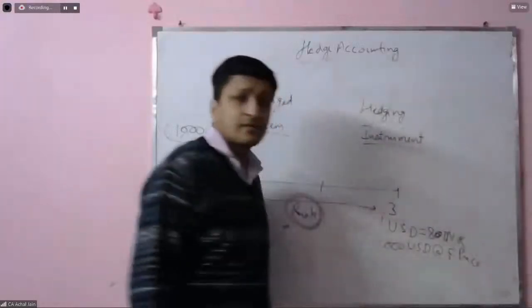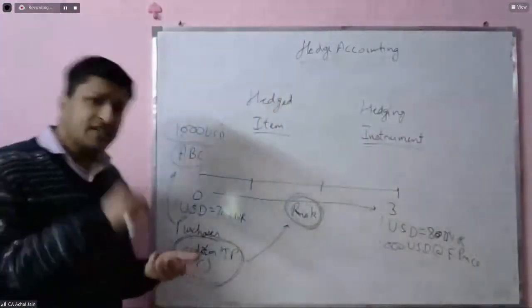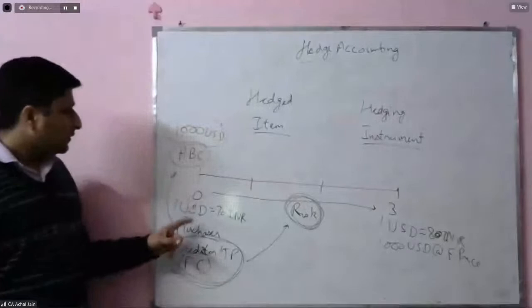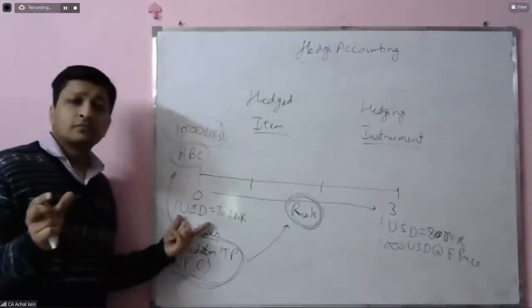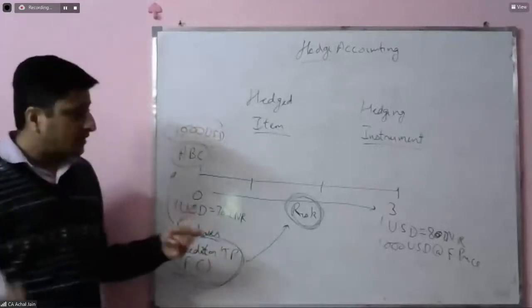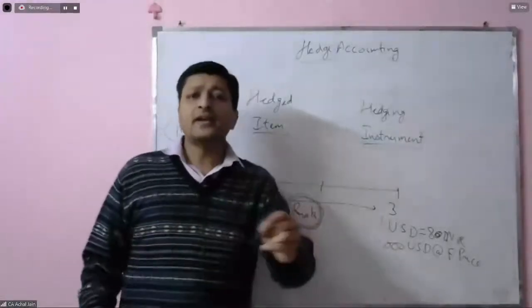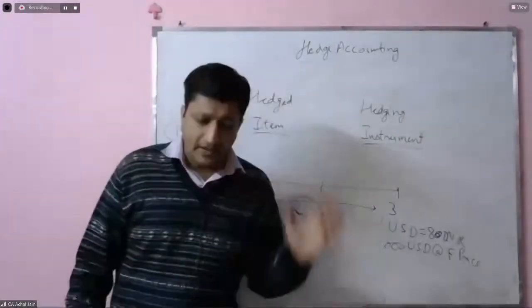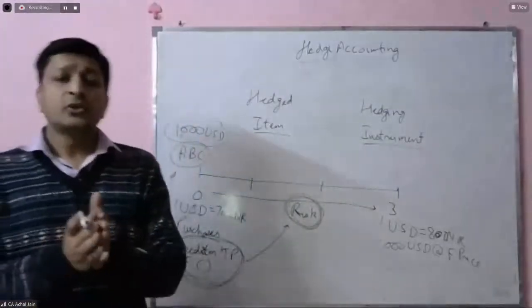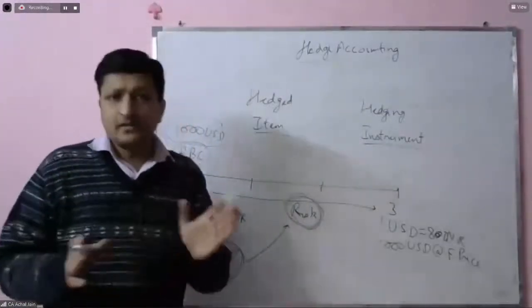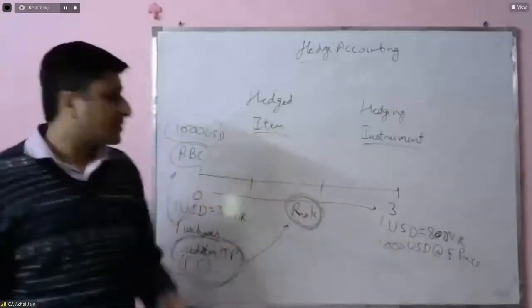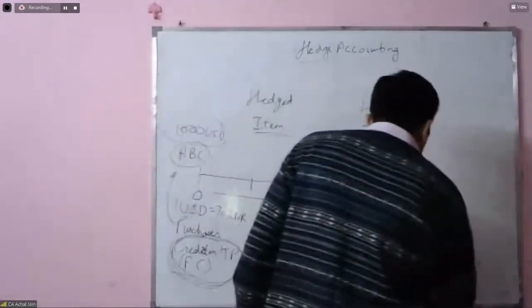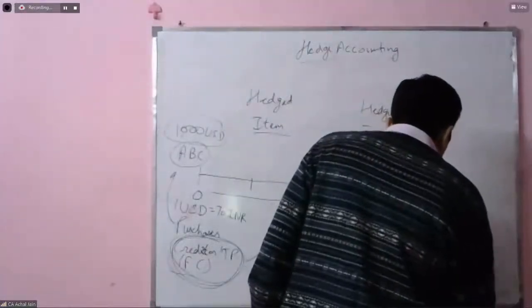Fixed price means ABC today itself will freeze the amount of USD equivalent with the bank and enter into a contract with the bank, and will say that you need to pay me 1000 USD, let's suppose at the rate 75,